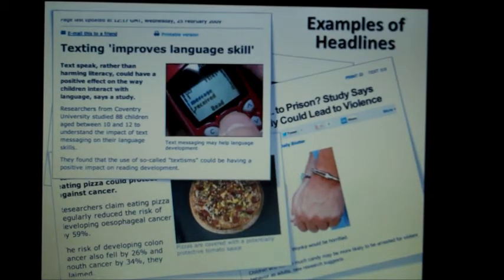Texting improves language skill, right? How are we defining language here? That is something I would definitely like to know. And looking at how it might have an impact on reading. What are the other factors at play? I don't know about you, but I'm not sure that texting necessarily improves our ability to write papers and our language skill and ability to read. So asking those questions, what else might explain these results? What is the other factor?